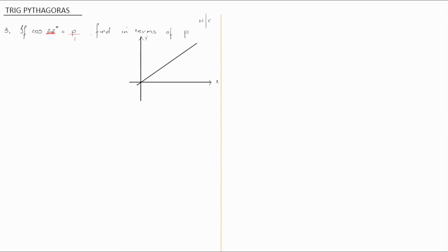Our 22 degrees goes in here, and drop your perpendicular to give you your Pythagoras, and cos is x on r, or adjacent on hypotenuse, so this will be p, this will be 1, and if you do Pythagoras,